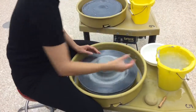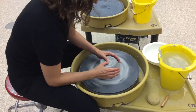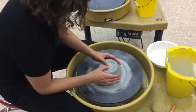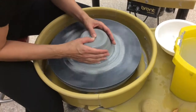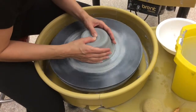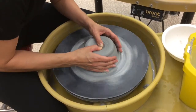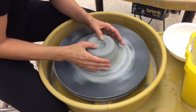Get my hands wet. And I'm going to aim to put my thumbs, going a little fast, put my thumbs into the center, and you're just feeling where centered is. And you're letting the wheel tell you where the middle is. And I'm going to first start by just making a little divot here. So I'm pressing into the center, gently releasing, scooping some water, and just kind of filling it in there